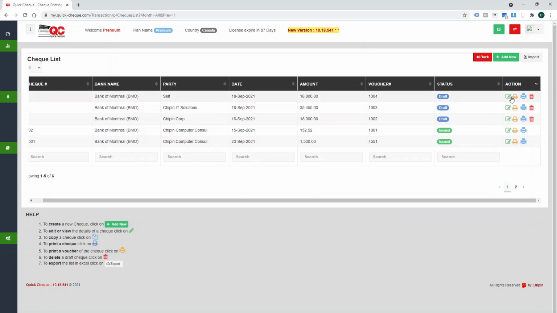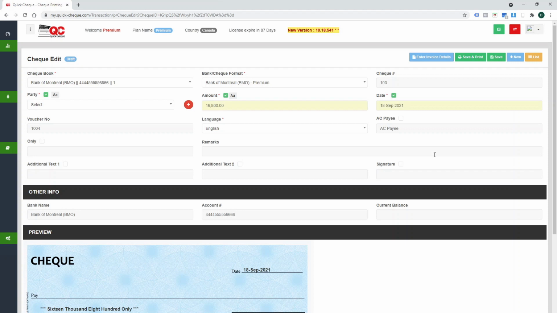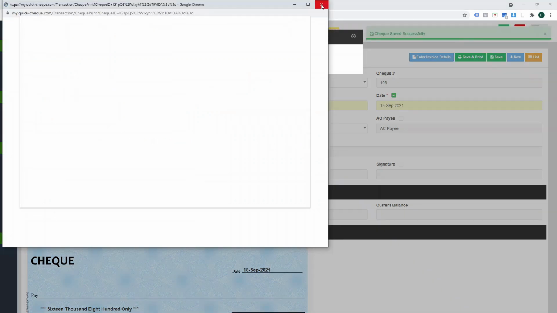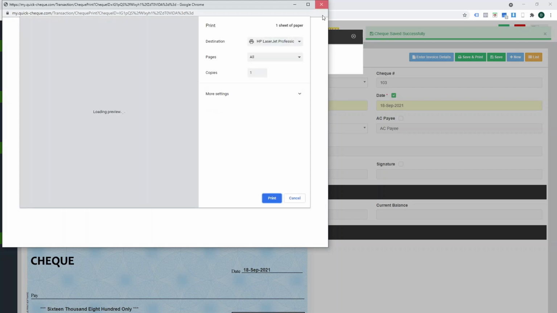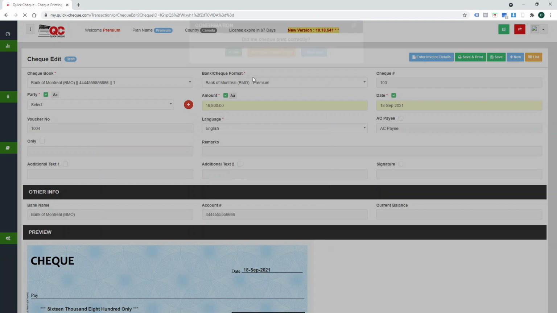So for example, this check while importing, there was a mismatch of the date, or there was a mismatch of the amount. So I say instead of 18th of September, I want this check to be issued on the 30th of September. So I can do that, and I can directly click on the save and print button. Again, this check is also issued. I'll click the print button.